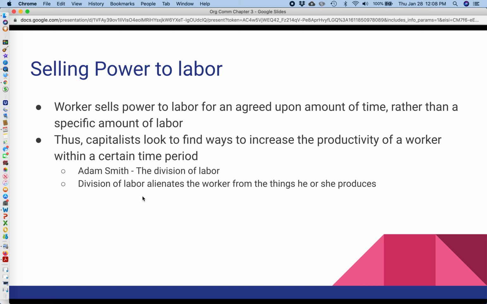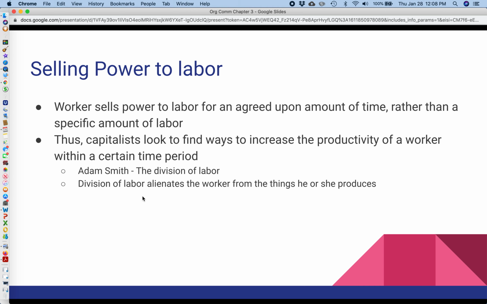But if you work on an assembly line and your job is just to stick one spoke in the wheel, the same spoke into different wheels all day long, right? Then that's all you know. You don't even really know how the wheel is put together. So as a result, you're not familiar with the product anymore, right? You're not familiar with the end product. You couldn't make a whole wagon wheel if you had to, because you only know one part of the process.